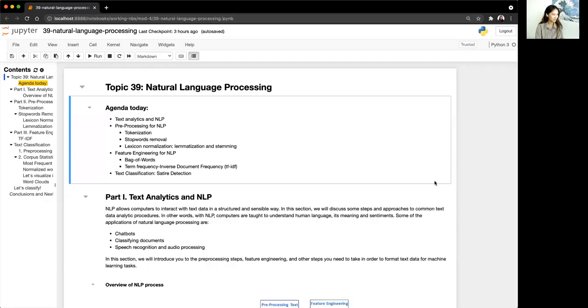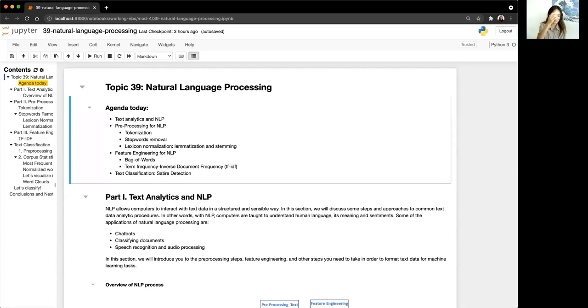All right, so here we are at topic 39, NLP. And if you take a look at the calendar, tomorrow we're actually going to continue with NLP, even though it's not another topic. Today, this material is pretty much going to cover most things in topic 39, but tomorrow I am planning on going into some of the stuff that's in the appendix that I really do think is relevant and important, and also it's much more cutting edge.